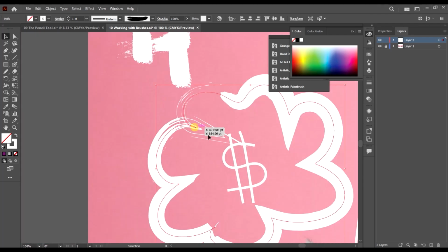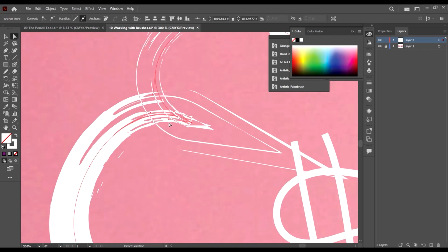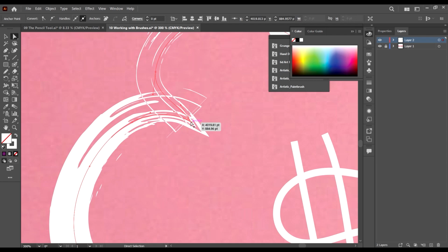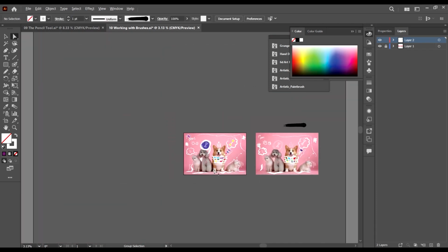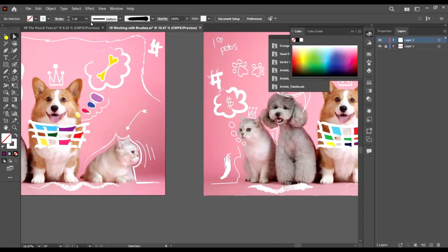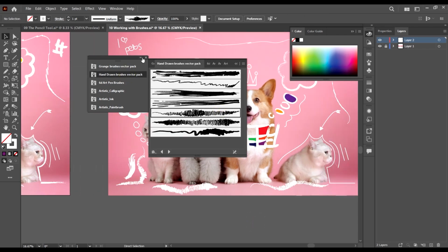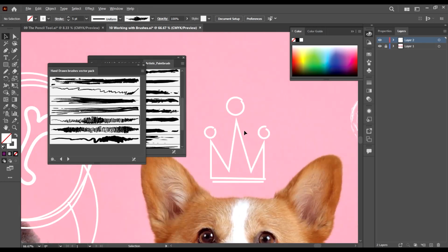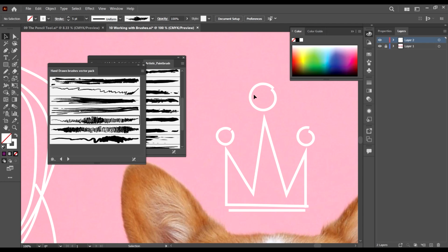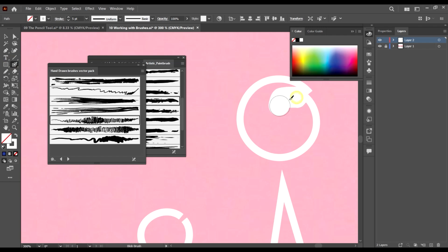And for this guy, just use your direct selection tool, click this anchor point and just kind of edit it like this to make it even better. Okay. Yeah, for this crown, we're going to use my shape builder tool. Okay, I think it won't work for this one. I'm just going to use my blob tool instead, and then